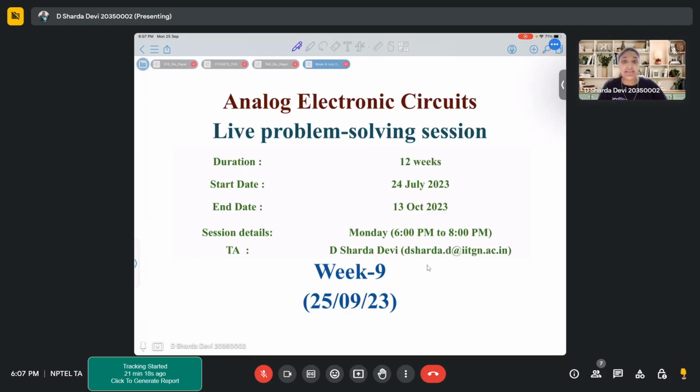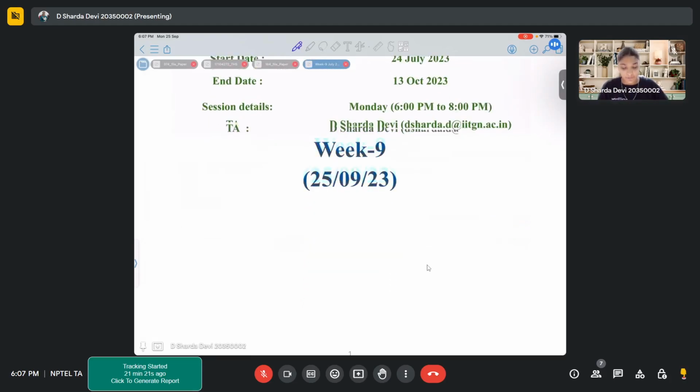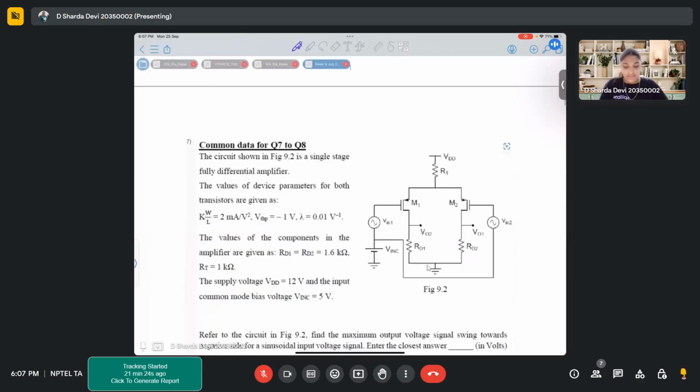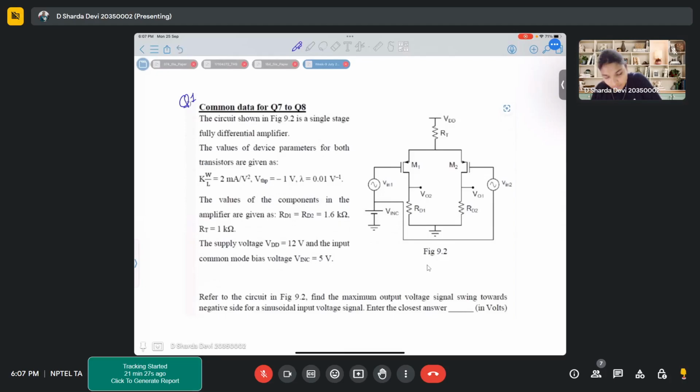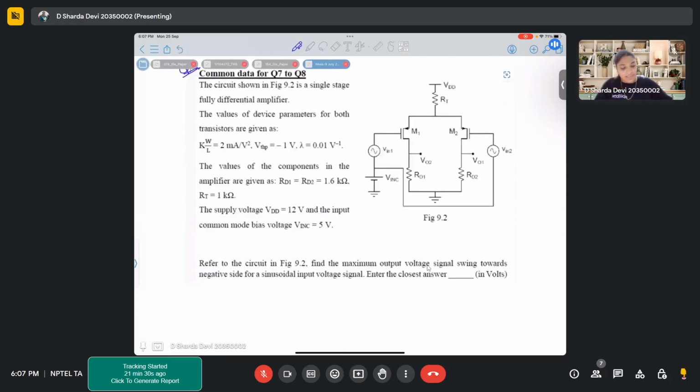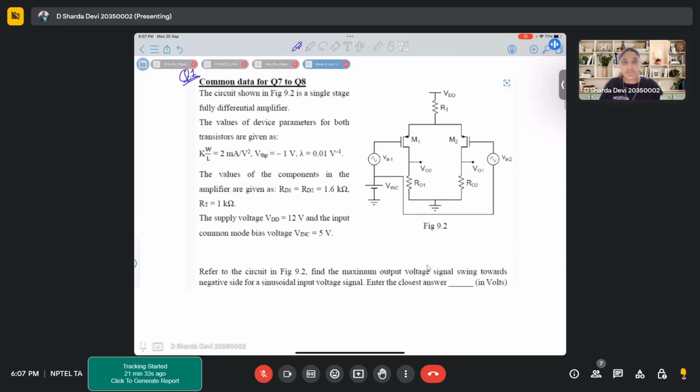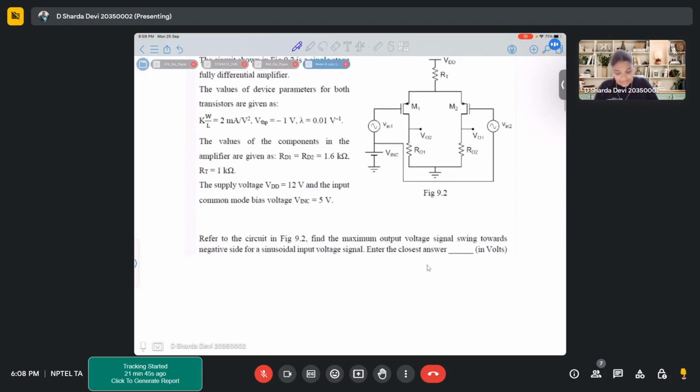So we are at week 9, starting with the first problem that we have today. In this particular problem, there is a differential amplifier configuration you can see, right? So this is a differential amplifier with two PMOSs. In this question, it is given that kW by L is 2 milliamperes per volt square, VTHP is minus 1 volt, lambda is 0.01 volt inverse,